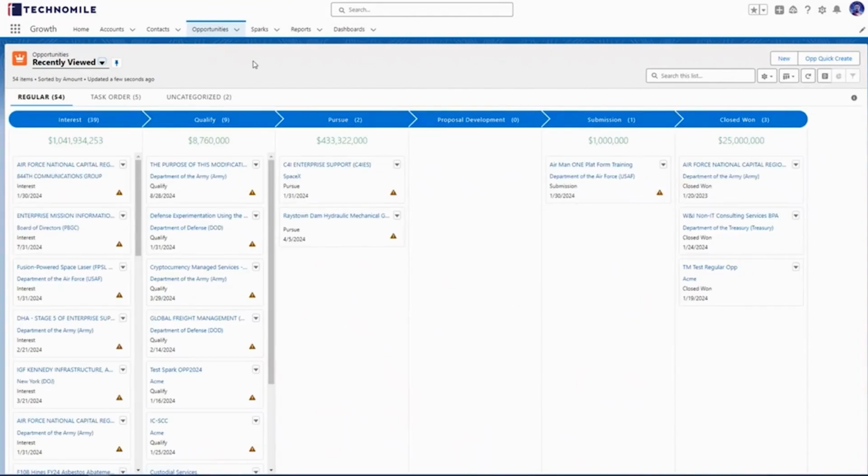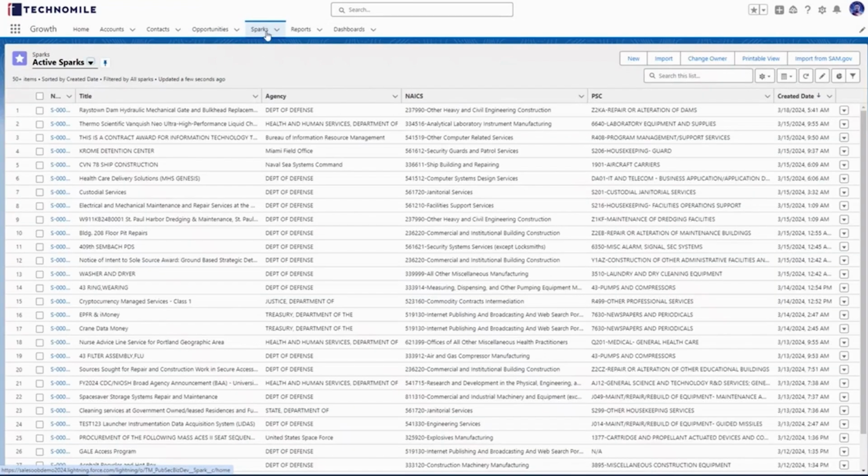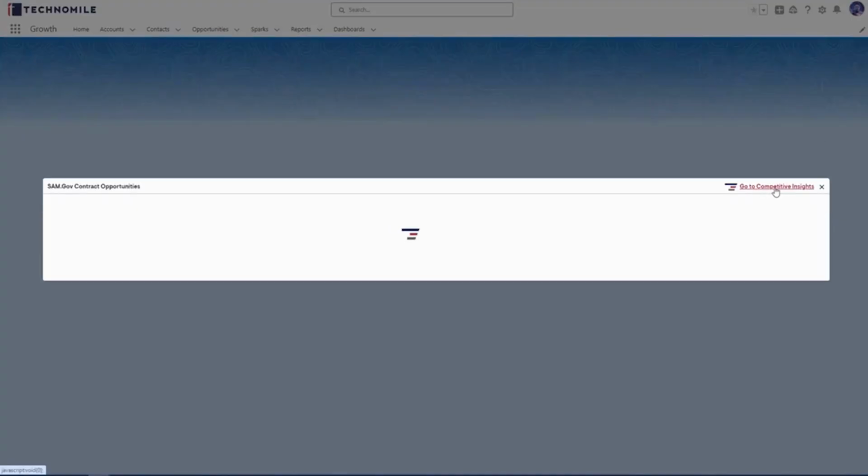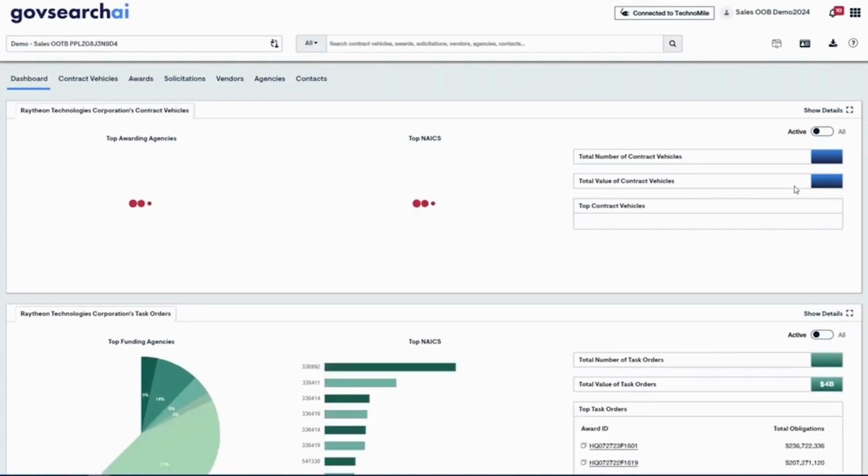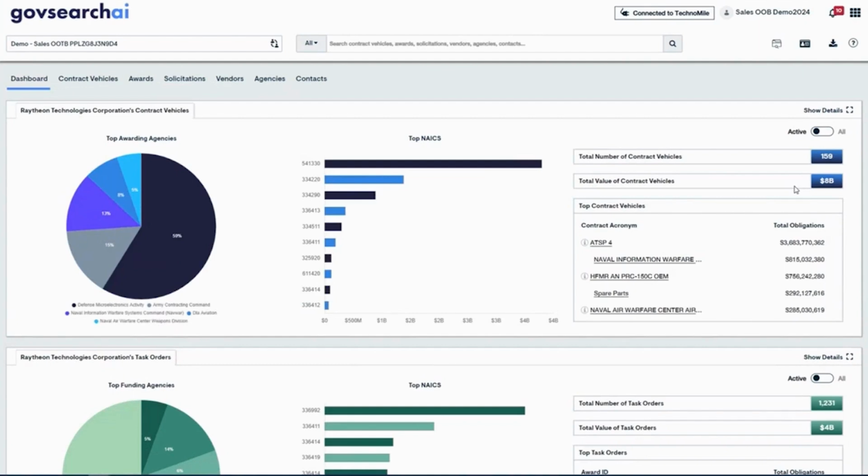Additionally, opportunities can be created by pulling in solicitations through GovSearchAI. It's going to be done with our Sparks tab. On our Sparks tab, you can see up in the top right-hand corner, there's this Import from SAM.gov button. Clicking here, we'll have access to go to Competitive Insights, aka GovSearchAI, which is where data from namely SAM.gov, but also USA Spending and FPDS will be aggregated for quick reference. For the purposes of opportunities, we'll come to our Solicitations tab,